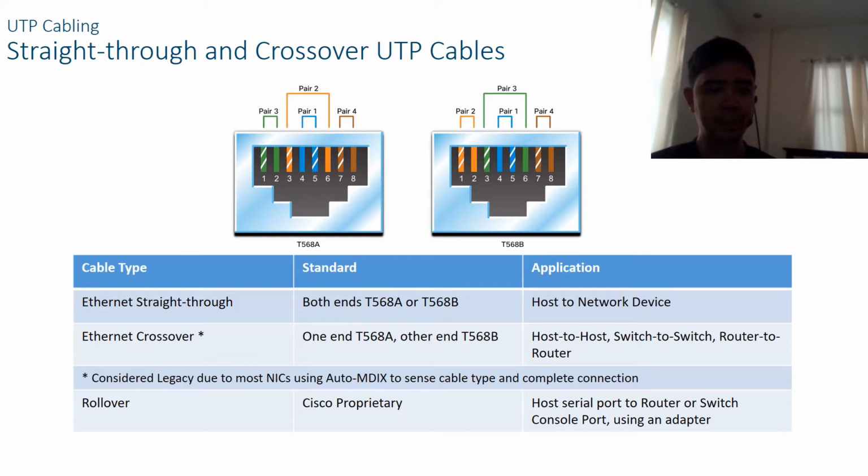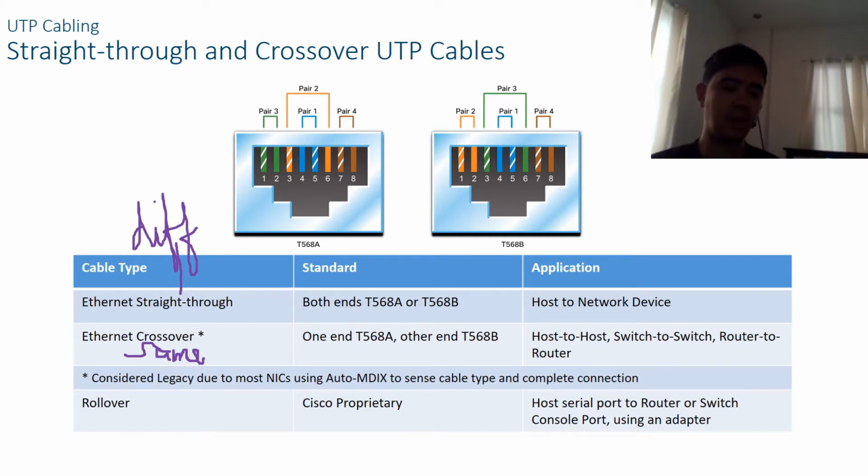We have these different cable types: straight-through, crossover, and rollover. We use straight-through if we connect different devices. How can devices be different? If you remember, when we discussed OSI, we categorized network devices: a switch is in layer 2, a router is in layer 3. So if you connect a switch to a router, you use straight-through. Also a PC to a switch uses straight-through. If you connect the same device, say switch to switch, router to router, or PC to router,